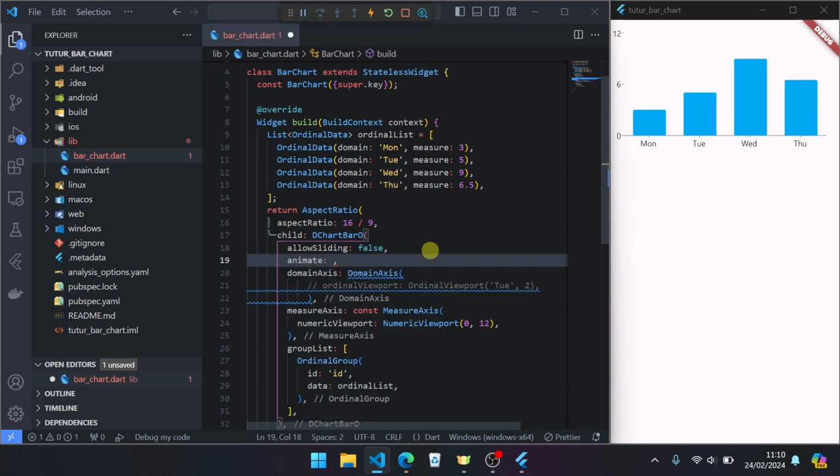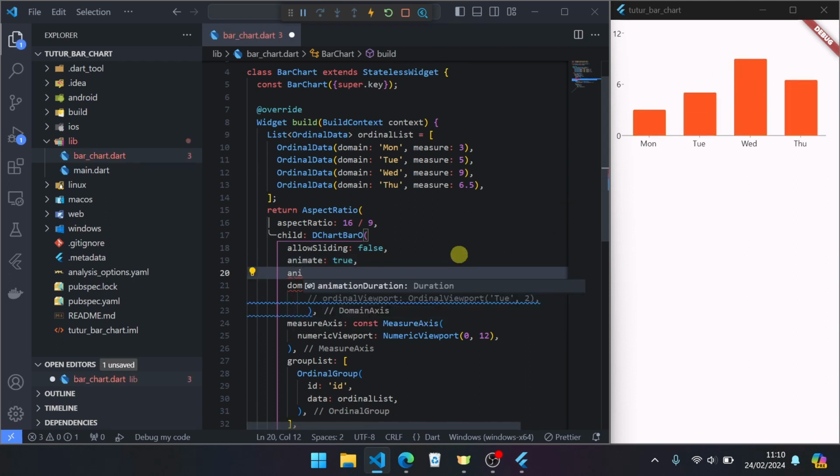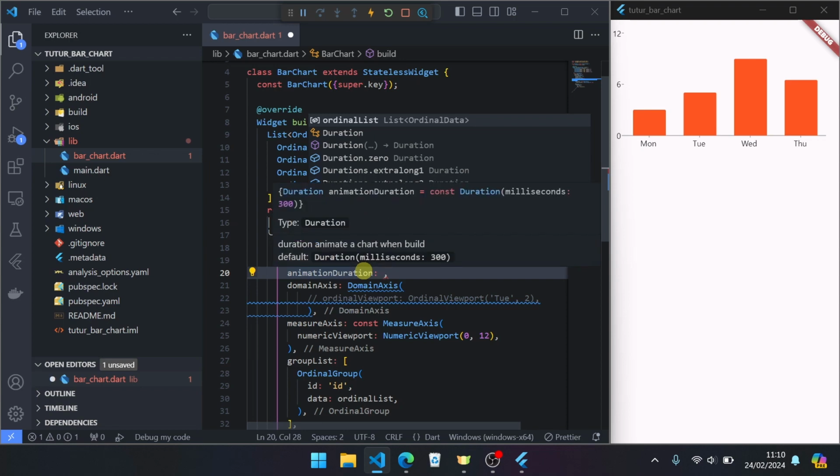Animated: if you set it to true, it will auto animate when building the chart widget. You can check by restarting again. Then if you want more animation, more time to animate, you can change the animation duration. The default value is millisecond 300.